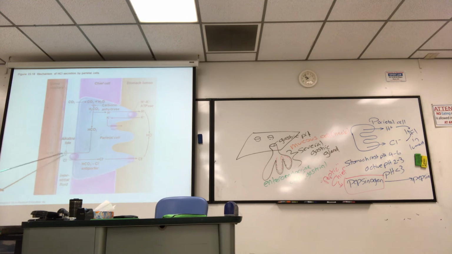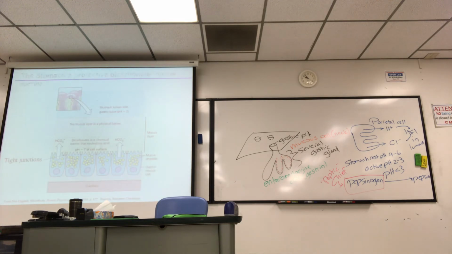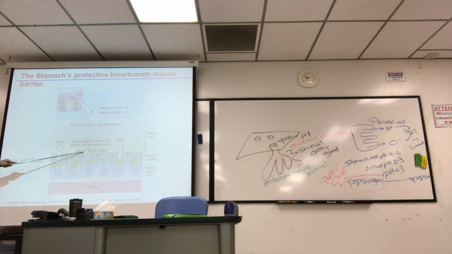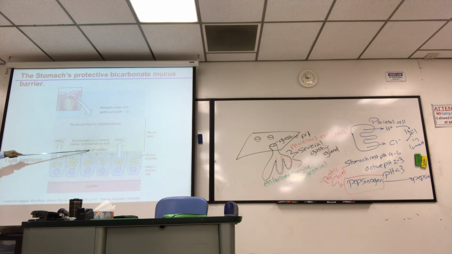Also, there's this called the alkaline tide, where you exchange negative for negative, and you pump out a lot of bicarb into the interstitium, and that actually helps form a protective barrier on top of the epithelial lining. In addition to the mucus, which is a physical barrier to stomach acid, pH 2, the bicarbonate that's excreted is a chemical barrier that makes the pH neutral at the cell surface. Okay, so you got mucus and bicarb protecting from